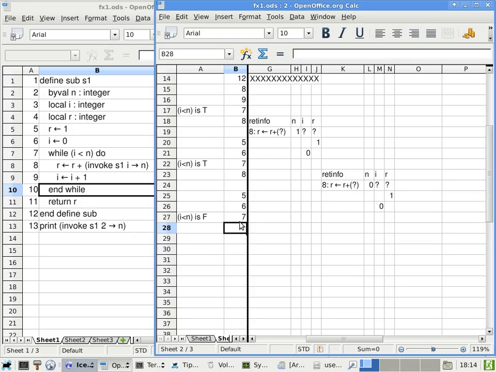We get all the way out to line 11. Line 11 is returning the value of R. R has a value of 1. So that means by the time we get to line 11, we are returning a value of 1. We go to the rightmost return info cell, we copy, we paste,